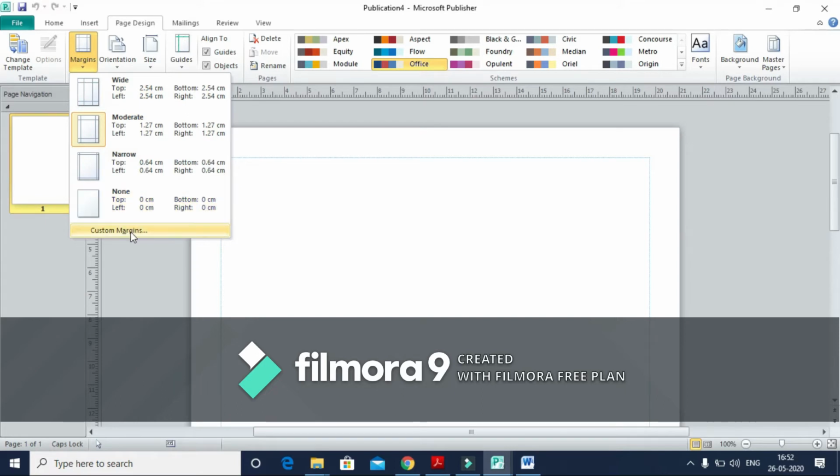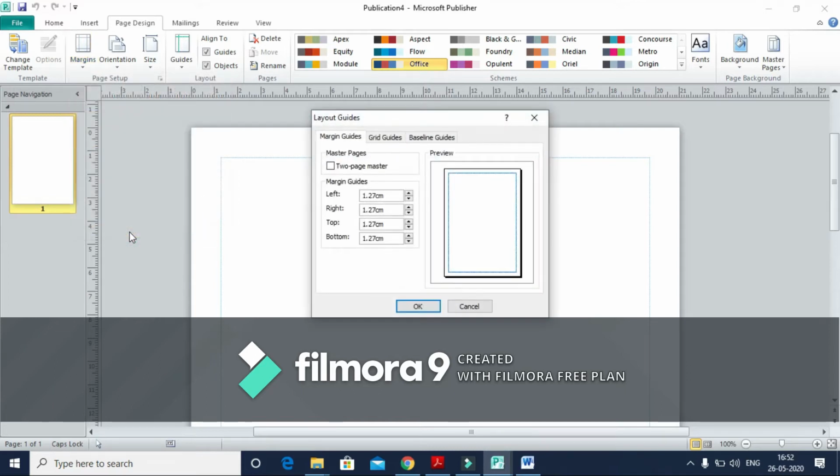But we will go directly to Custom Margins, because Wide, Moderate, Narrow and None only enable us to set a margin for a particular side. That leads to this interface known as Layout Guides, where you will find Margin Guides, Grid Guides and Baseline Guides. It is very important to set this portion correctly.